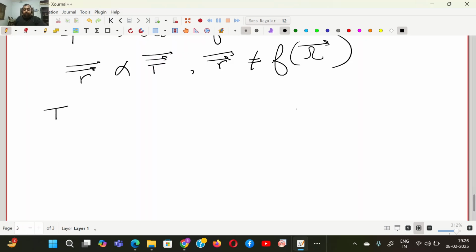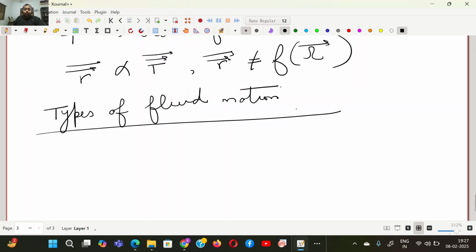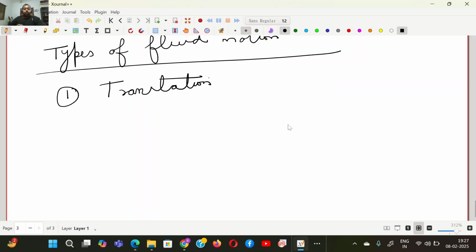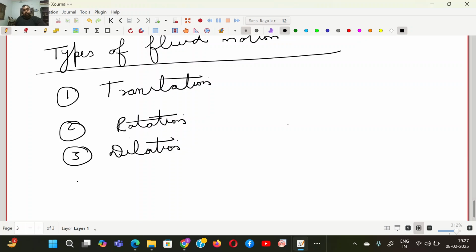Okay, so what are the types of fluid motion? All types of fluid motion can be broken down into four parts: translation, rotation, dilation, and shear. So any kind of fluid motion that you encounter in life can be broken down into these four parts. If you superimpose the translation, the rotation, the dilation, and the shear, you can define any